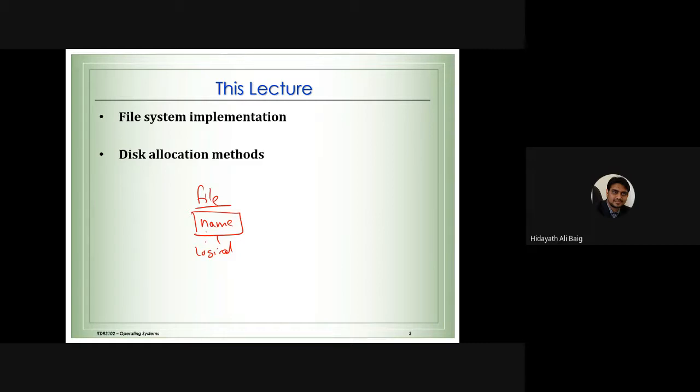But what is the actual concept? The operating system has to take this file data. This file data is stored with this name logically. So where does this data reside? The data resides on the hard disk. I put the same picture in the last class. The data will be in the hard disk. So logically, the operating system has to map the data onto the hard disk.